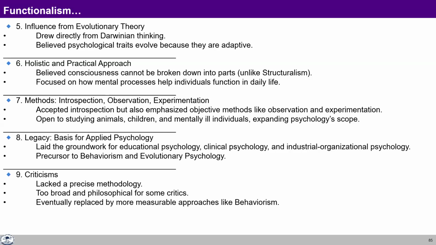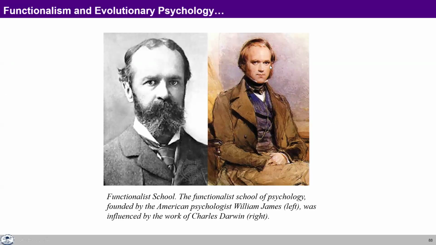Basically, evolutionary psychology and functionalism are sometimes considered equivalent. Evolutionary psychology developed in the 90s, but it is said that it is merely an offshoot of functionalism. So it is not treated as a separate school. It is considered in the same school. The criticism is that it lacked a precise methodology and was too broad and philosophical and somewhat less measurable. So here is Mr. Darwin on the right-hand side, and on the left we have William James, who studied